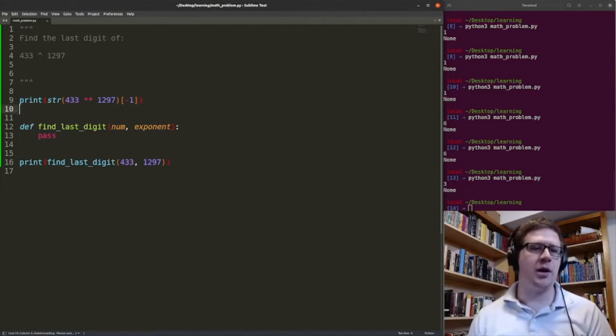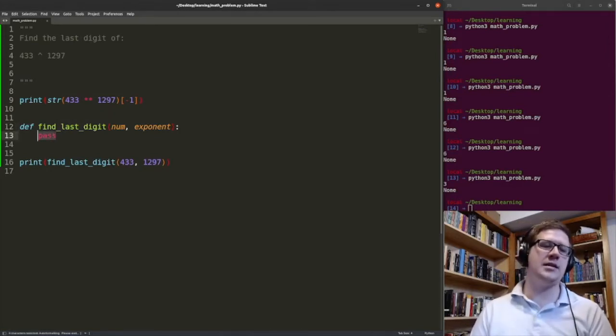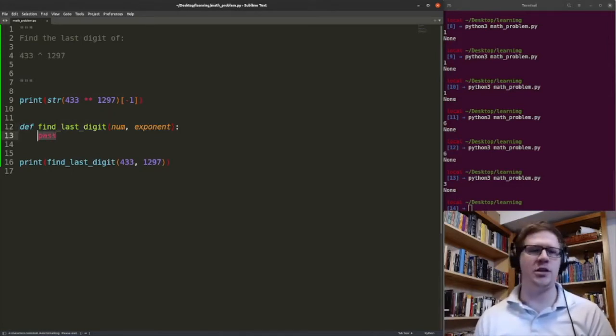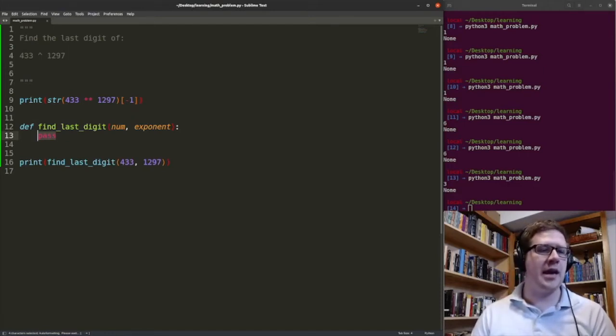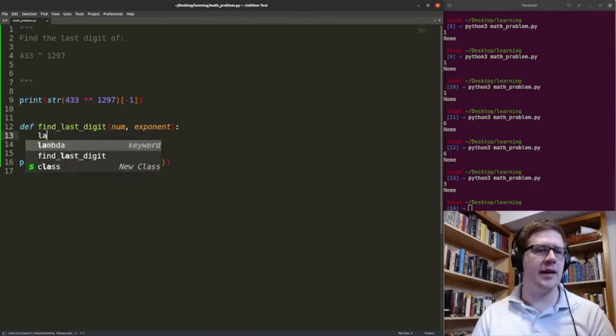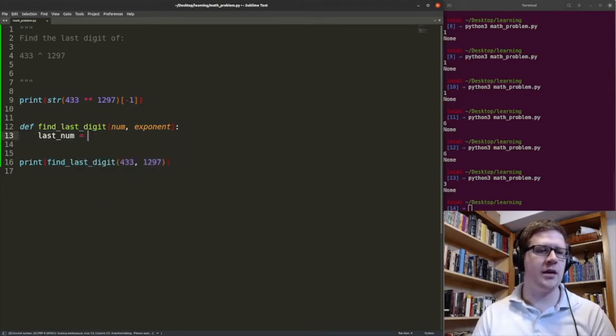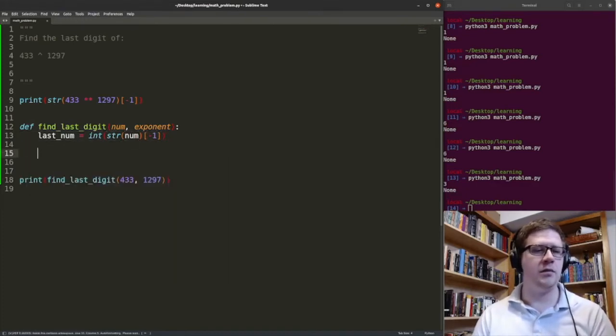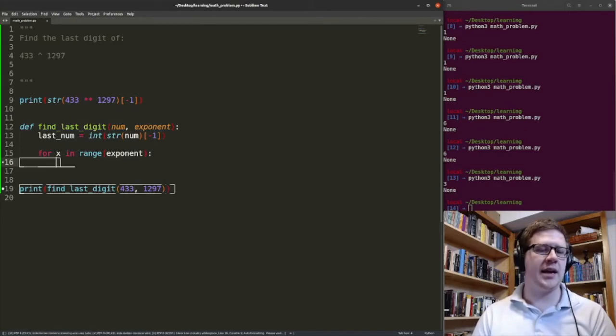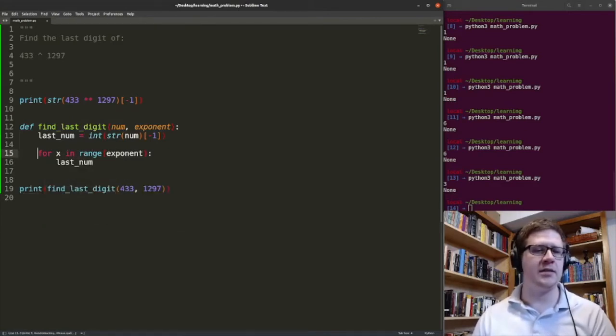So what we're going to do here is first create that while loop, and we'll just talk through how this can actually be done. So let's say we've got our first number. Let's say last num is going to be int of string num -1. So that's going to be the last digit of the number. And we're going to say, for x in range exponent,